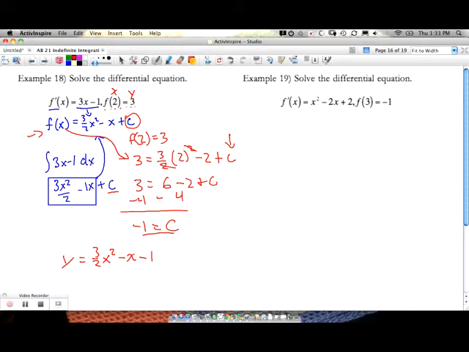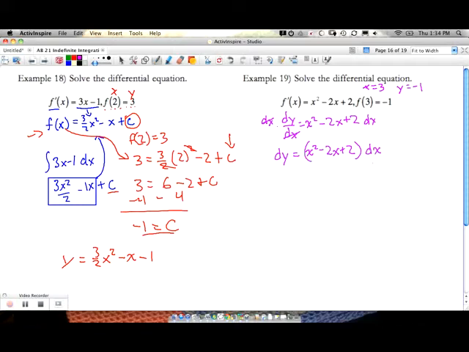All right, let's look at this one. We're going to do this slightly different, just slightly different style, but same idea. And instead of f prime of x, we're going to say dy/dx. Why? Just to kind of show you a different perspective on it. So dy/dx equals x squared minus 2x plus 2. And then we're going to get back to this point where we say x equals 3 and y equals negative 1. So once I have this equation here, I can actually multiply both sides by that dx. That'll give me dy equals x squared minus 2x plus 2